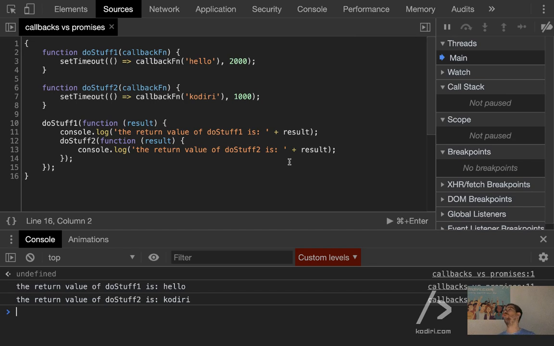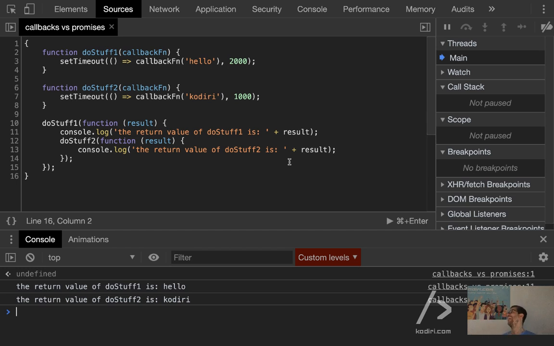Right, so these are callbacks. These are the classic way of dealing with asynchronous code in JavaScript. That's okay. Still in 2019, we still use callbacks. However, they became less and less popular.